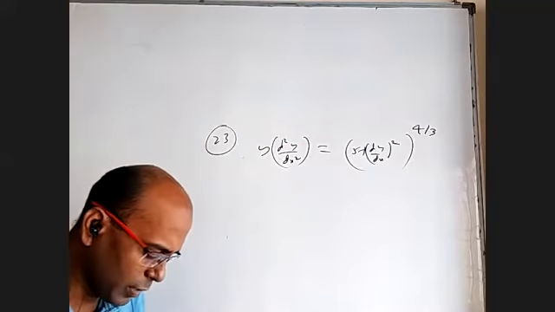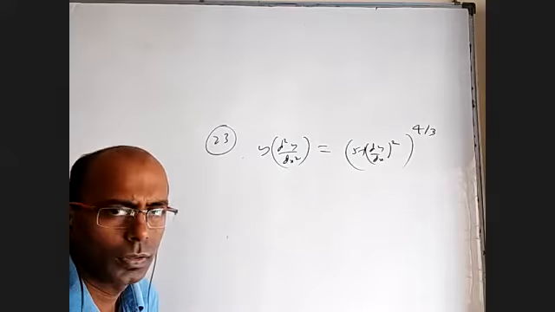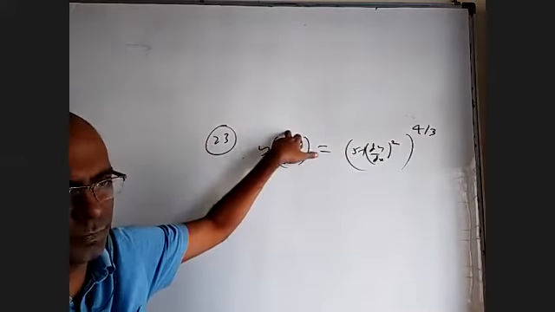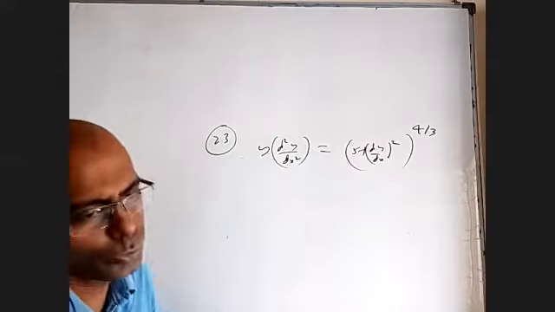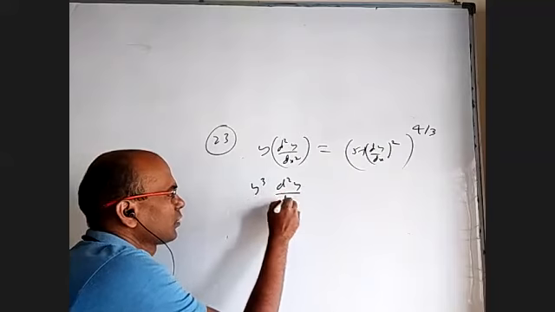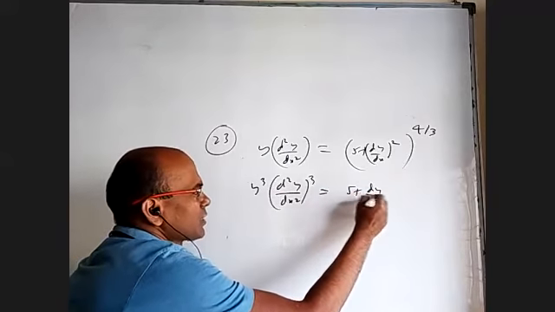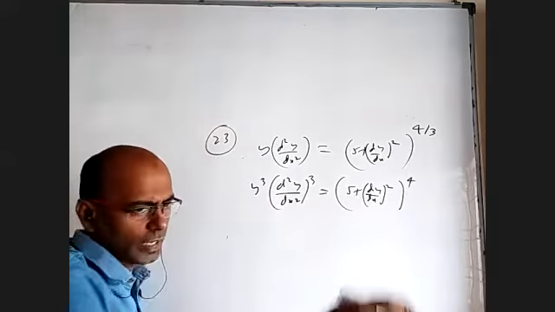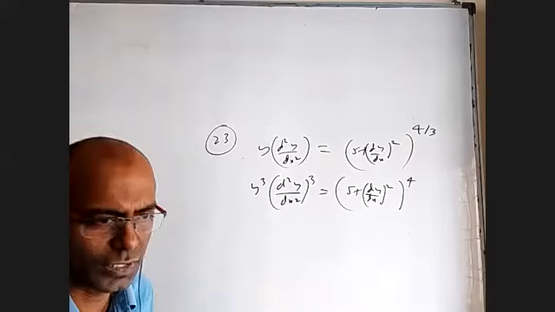So how to remove fractional power here? Cubing on both sides. Yeah. If it is only y here, I would have sent whole 4 by 3 this side. But this is also a differential term. This also cannot have fractional power. So I have to cube it on both sides. Then it will come y cube d square y by dx square whole cube equal to 5 plus dy by dx whole square, whole power 4. We cannot reduce anything further, and nothing is fractional power for differential terms.